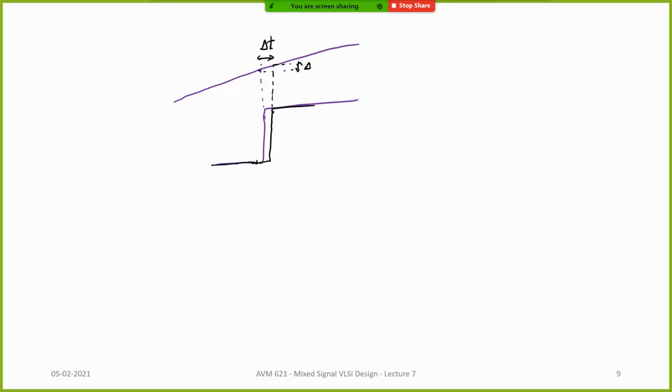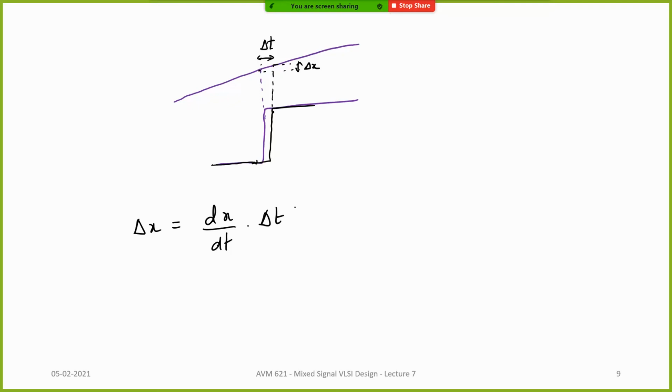Some delta x error in the signal, correct? Now, how can we quantify the delta x, because this is highly zoomed in. Let's say we are now talking about some picosecond range or femtosecond range. Let's say picosecond range. Usually jitter for a gigahertz clock will be in the range of some picoseconds. Now delta x can be written as dx by dt into delta t.